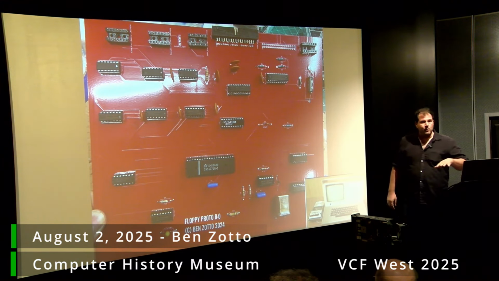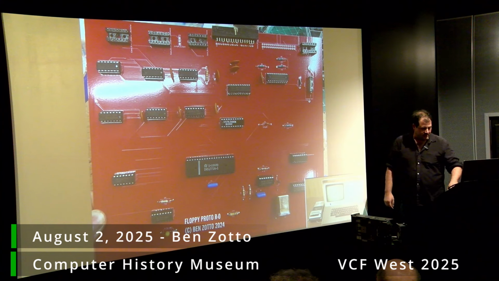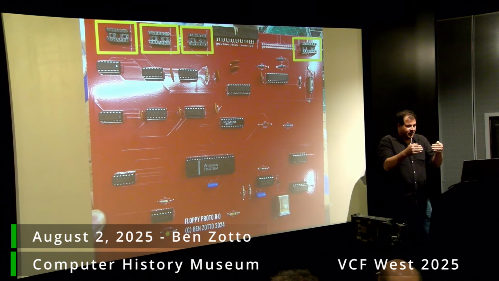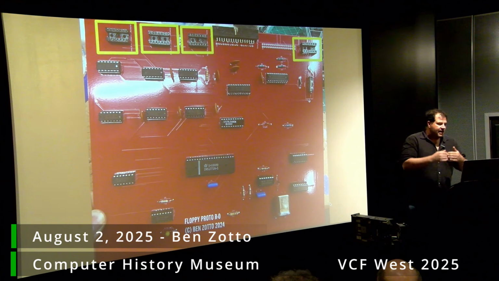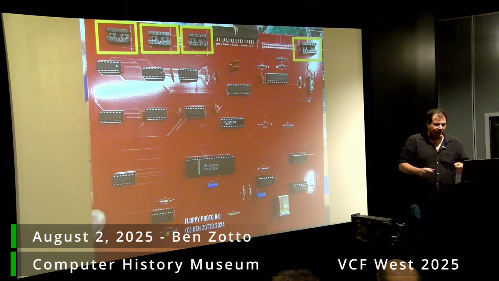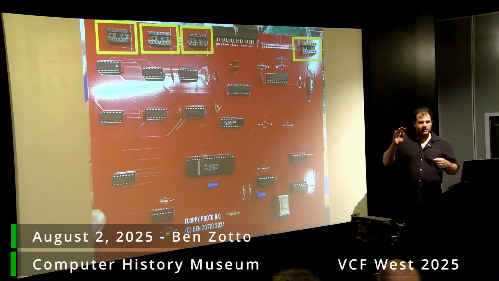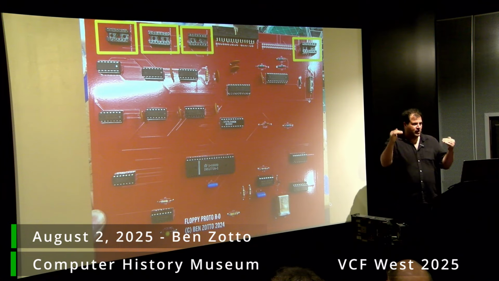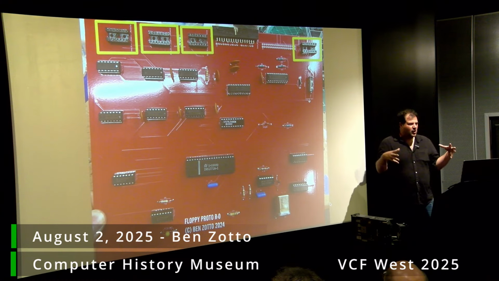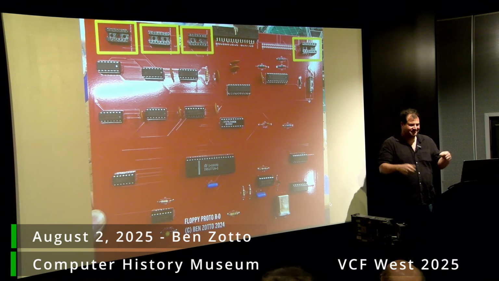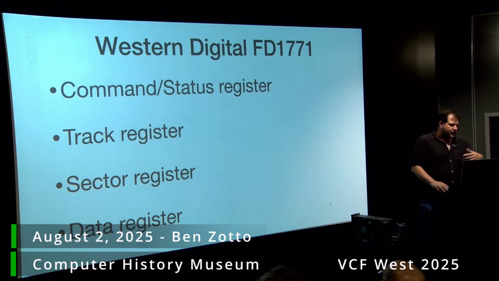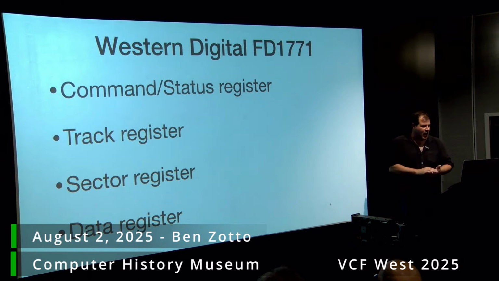Just to orient you, the Sphere, unlike well-designed computer systems, does not have an edge connector. I say that with all love. It does not have an edge connector to plug into a backplane. Instead, it has these 14-pin ribbon cable sockets. So the system bus runs on ribbon cables from board to board to board. There's no single board to plug things into. So I figured, all right, let's get going.